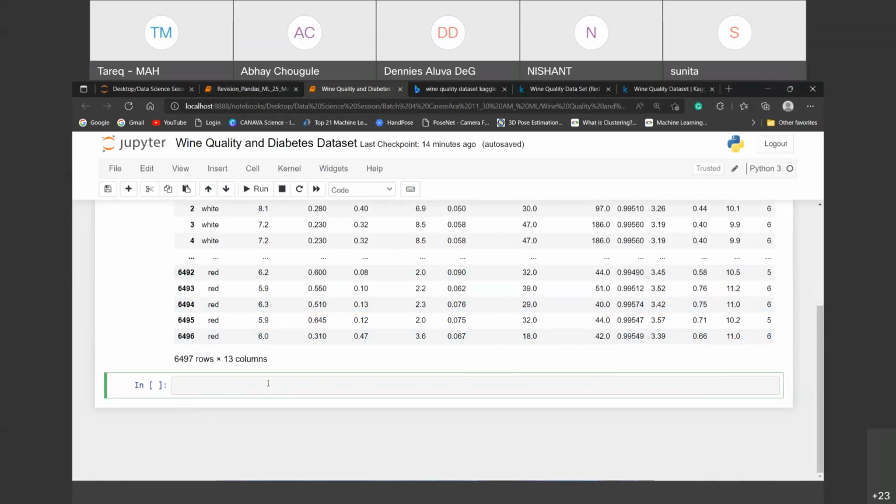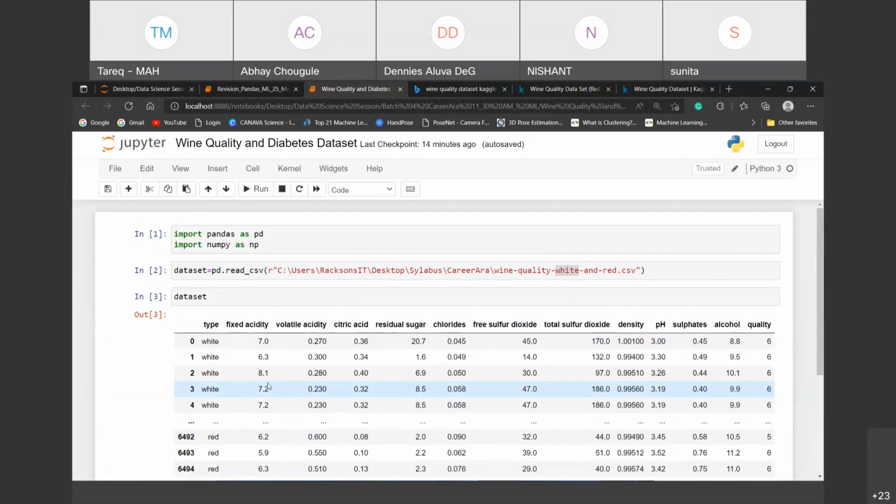The question is that this is a red and white wine data, right? So here we have the type of wine, white or red as well, and fixed acidity, volatile acidity, citric acid, and so many things, ingredients maybe in the wine, and you can check out the quality of